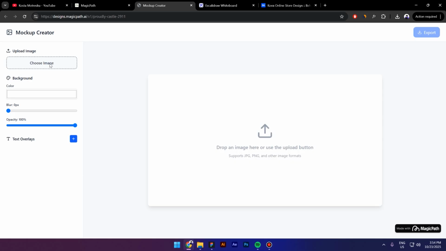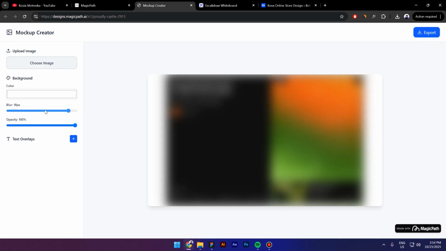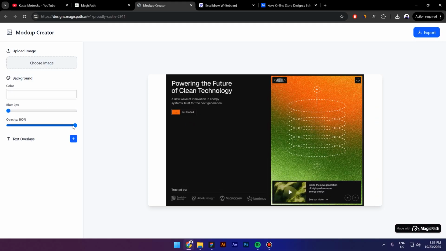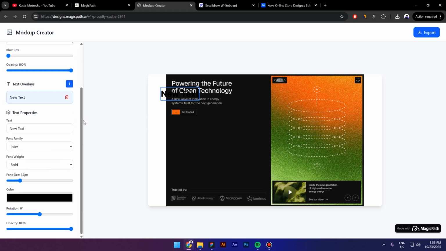I'm gonna upload an image. Now the question is, what can I do? So I can blur the image, this is great, and I can also change the opacity. So this is it basically, and also I can add a text overlay, which is pretty advanced, and I can move it around. It is nice. Now it disappeared. Anyway,